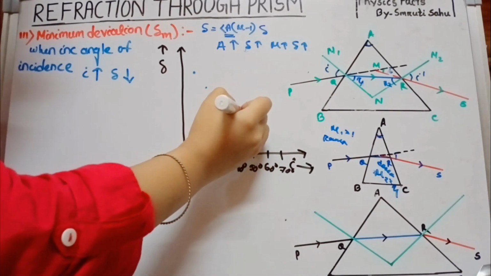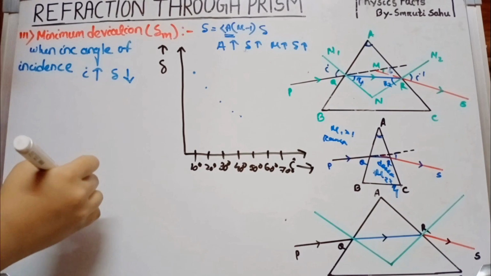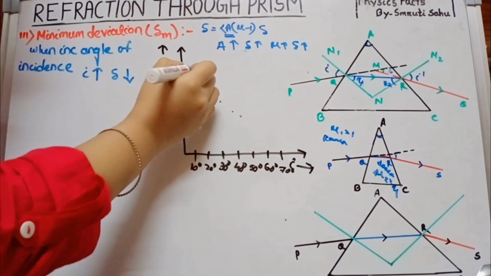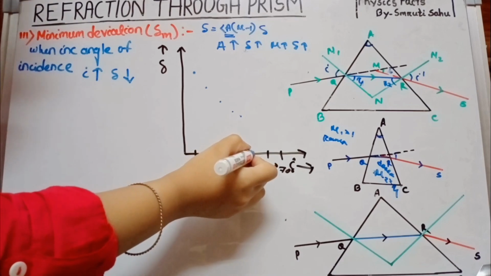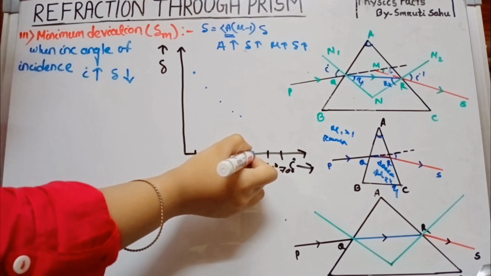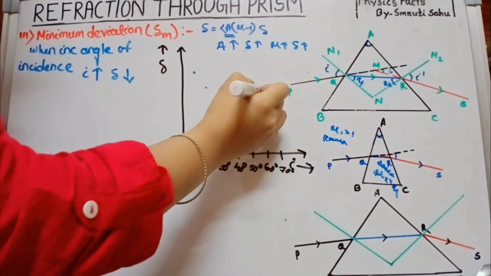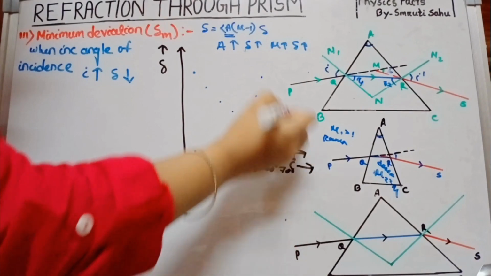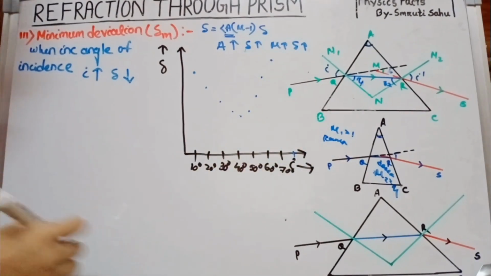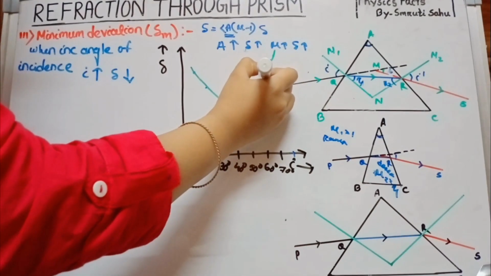Okay, then for a particular point, this value is very less. Then further if we increase the angle of incidence, the angle of deviation further gradually increases. For 60 degrees, for 70 degrees, for 80 degrees it also increases. When we join that graph like this,